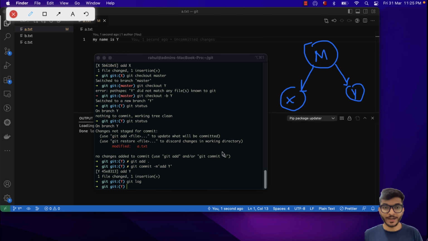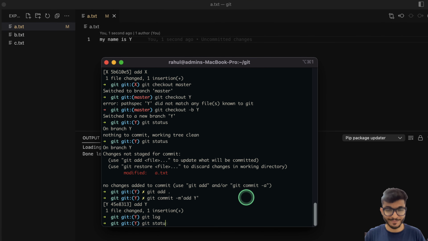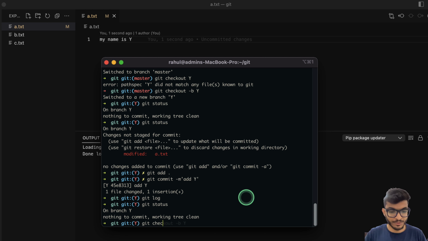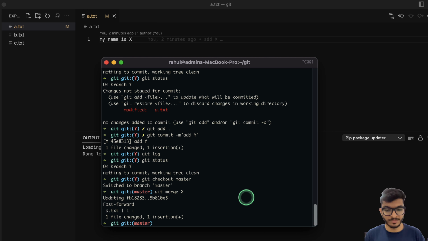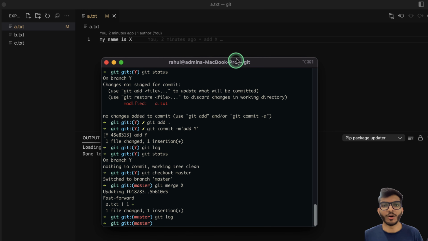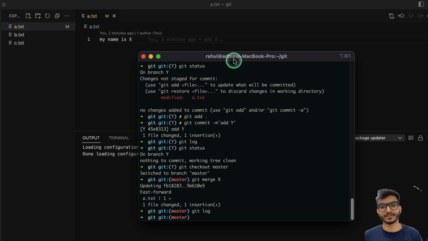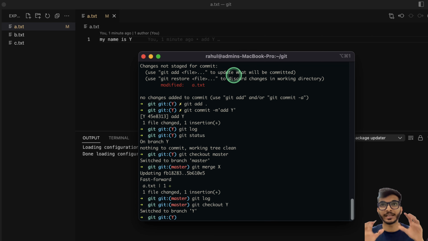Here what happened, I'm still new to this tool. Let's check out to the master branch. Let's merge our branch X. Now in the log I will see that X is merged. Awesome. Now if I check out to Y, you will see my name is Y is there. The same file has been edited by two commits on two branches, and one branch got merged. That commit is there in master now. So the Y branch is useless now because we have made different changes to the same file. Now if I try to rebase,